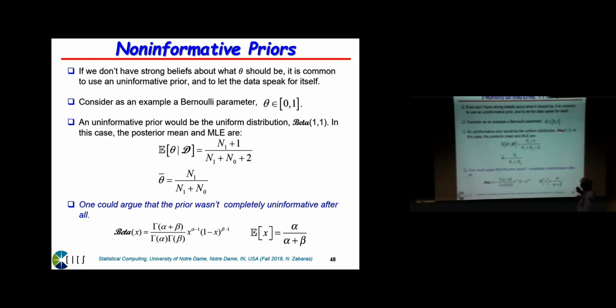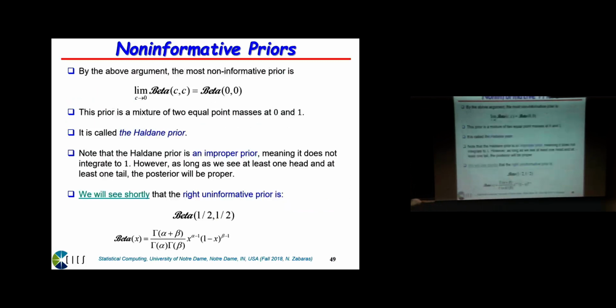So you may ask, is this really the uniform distribution to use? Some people say no. The actual distribution to use is a beta distribution with parameters 0 and 0, which actually corresponds to 2 point masses at 0 and 1, and it's not normalizable. But actually, we will see when we discuss the Jeffreys non-informative priors, the correct non-informative prior to use is not beta 1, 1, but beta 1/2, 1/2,